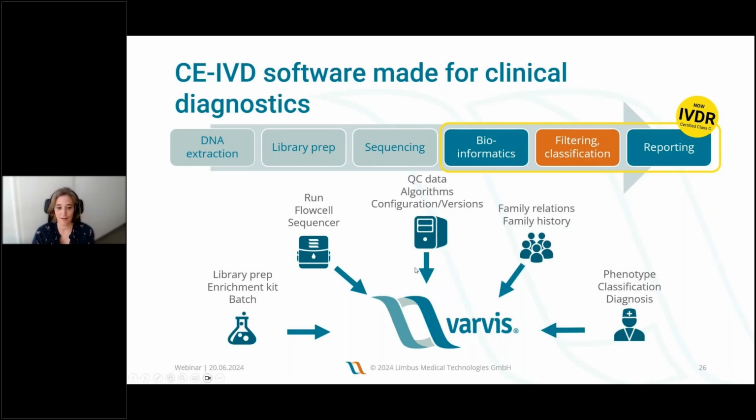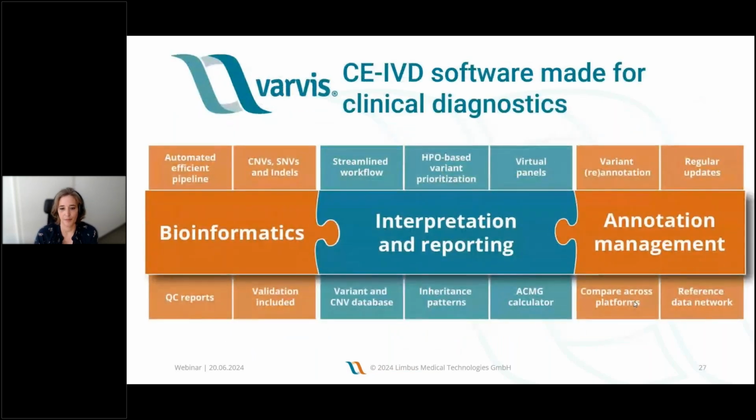much broader level, right? You can see what kind of enrichment kit has been used, which samples have been processed in the same batch. You can review the QC data, the configuration that has been used, the versioning. You can create family relations in the software and review the history. You can classify variants and describe the phenotype of the patients, and then also store the diagnosis. So the data is stored on all kinds of different levels, and varvis itself basically consists of